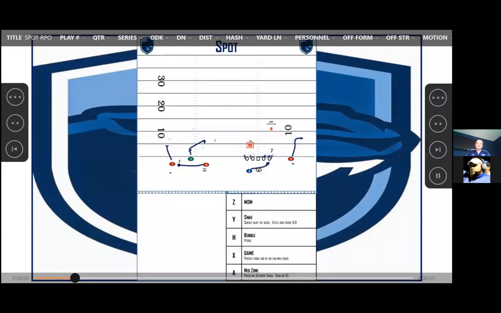All right. So our last one, we call it spot. And it's nice because it's the same deal, right? Same run play, same read, but it looks like bubble. And then our rule for this spot route is, however you guys want to coach it, but we just say as soon as you get inside of him, sit down. A couple years ago in the playoff game, our kid didn't sit down and he ended up getting cracked and we didn't complete the pass. He started sitting down after that. So it's really important that we do that.